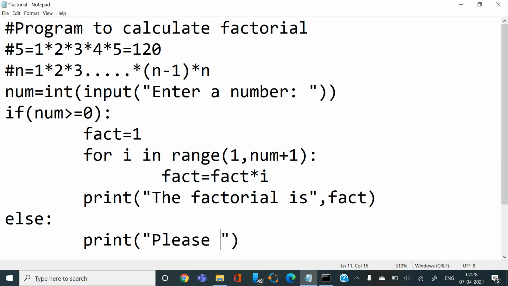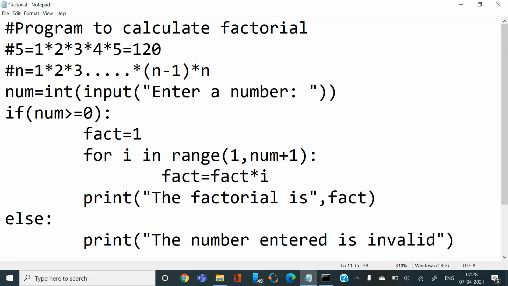please enter, or maybe the number entered is invalid, or something like that. Or maybe anything. You could write anything here, or the factorial of the number can't be calculated, or something like this.